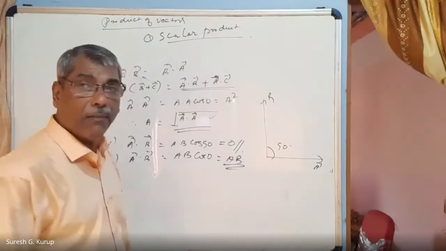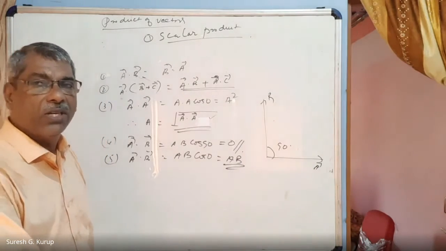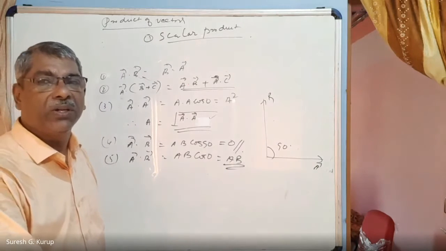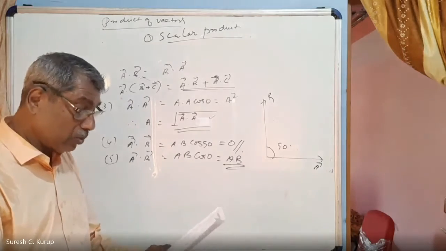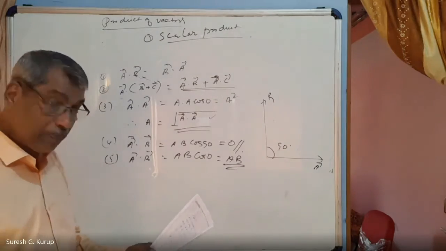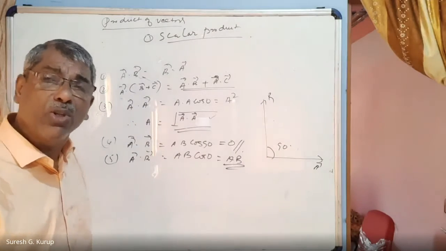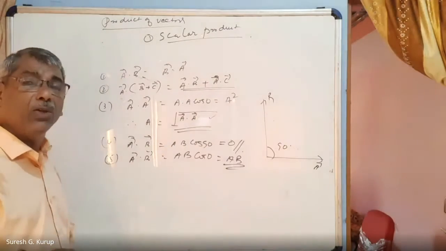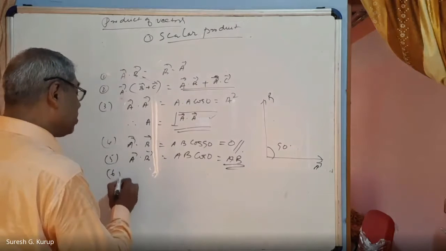The product is maximum because A dot B is equal to AB cos theta. A dot B depends on the cosine of the angle between the two vectors. When cos theta becomes maximum, the product also becomes maximum. Or sometimes if they are acting in the opposite direction, then also the magnitude will be maximum, but there will be a negative sign. When two vectors are acting in opposite directions on the same straight line, the angle is 180.